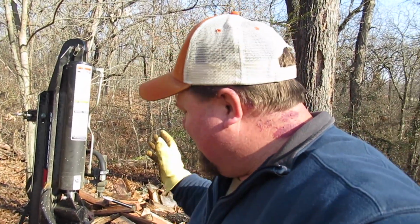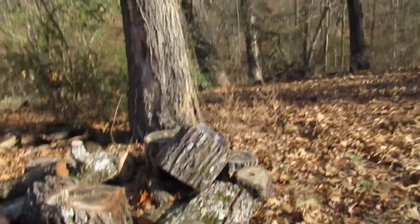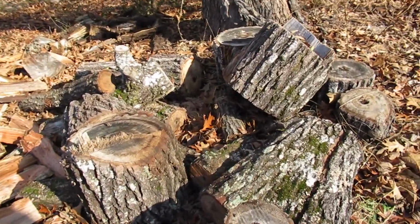I'm not going to ramble. I'm going to split wood. Got a pretty good pile going here. As you can see, some of them logs about the same size as